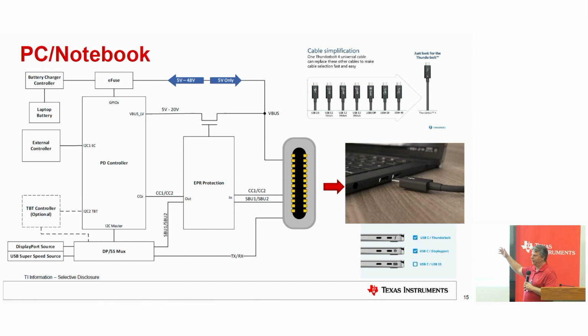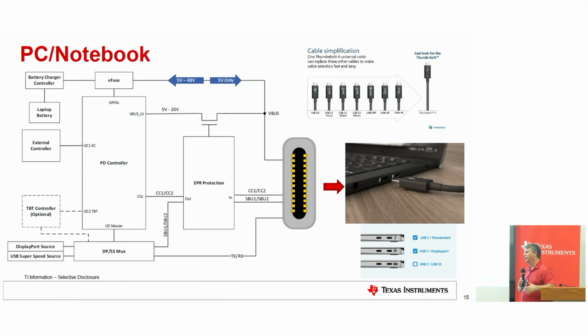And once that's picked, let's say you're doing Thunderbolt, then we'll go off and communicate with the Thunderbolt controller, or we'll set up certain registers. There's a dedicated, separate I2C line going to that Thunderbolt controller. But what video mechanism is going to get tunneled through the Type-C cable is negotiated over those CC lines.